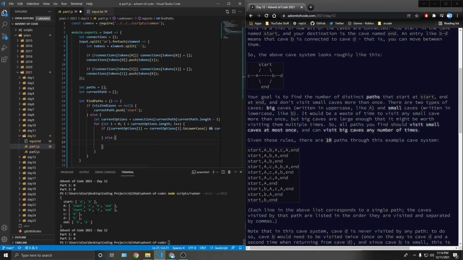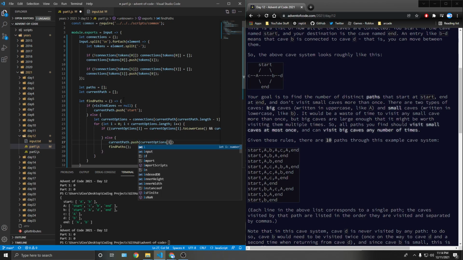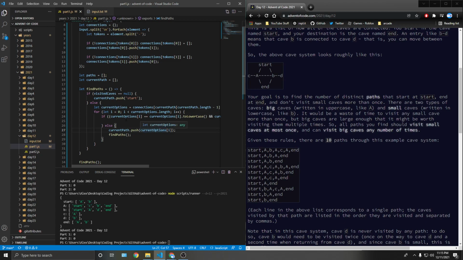So else, if it does find something, then we need to find the paths again, current path dot push that current options. And so now what should happen is that, well, now